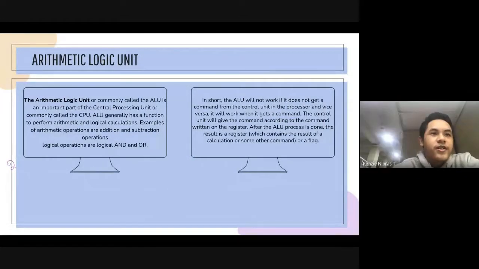And then we talk about the arithmetic logic unit. The arithmetic logic unit, or commonly called the ALU, is an important part of the central processing unit, or commonly called the CPU. The ALU generally has a function to perform arithmetic and logical calculations. Examples of arithmetic operations are addition and subtraction. Logical operations are logical AND or